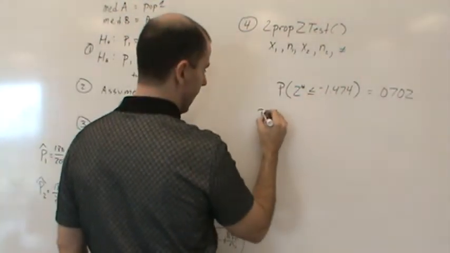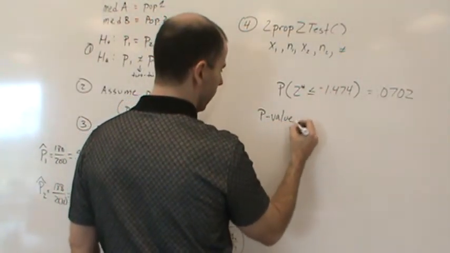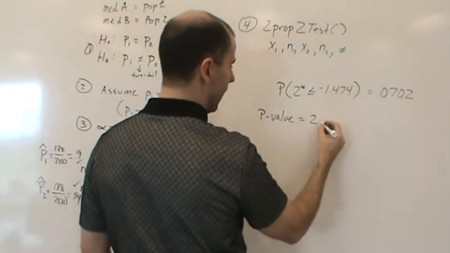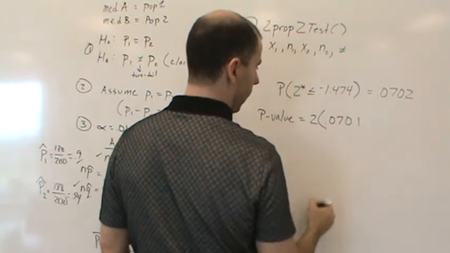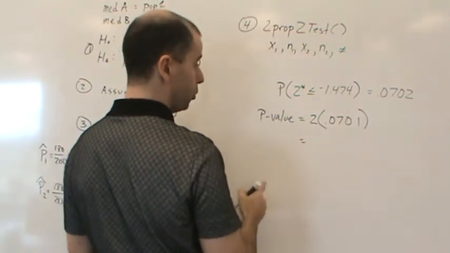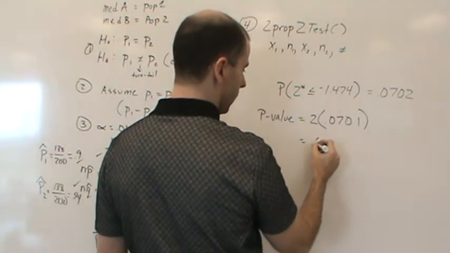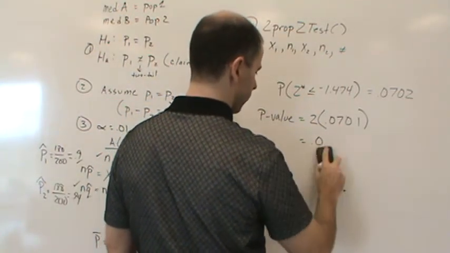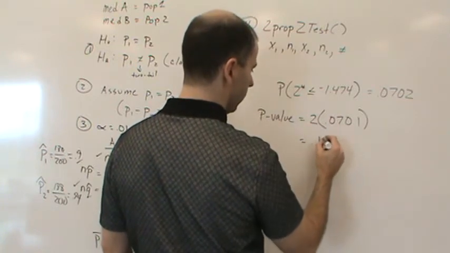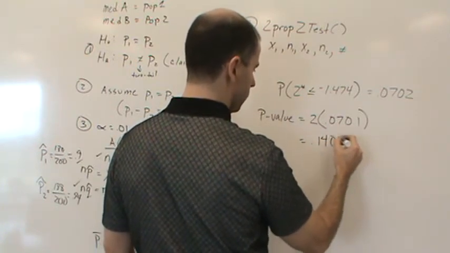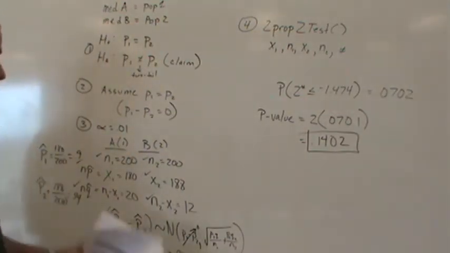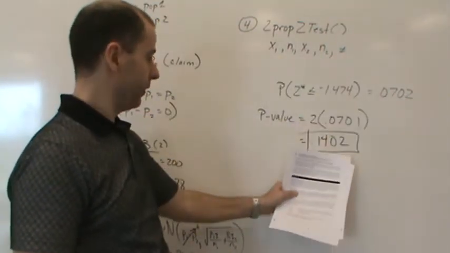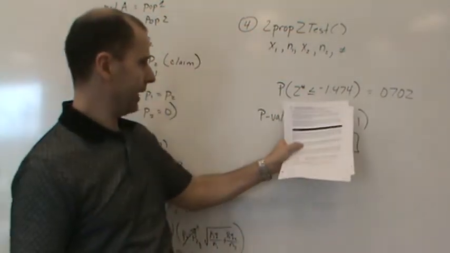So now what I have to do is calculate the p-value, which is going to be equal to 2 times this value, 0.0701. Now, what is the true p-value? It's going to be 0.1402. That is the true p-value. But again, we get the same result. It's still bigger than our alpha level, 0.01. Okay? But I just wanted to make that correction, because it's a two-tailed test,